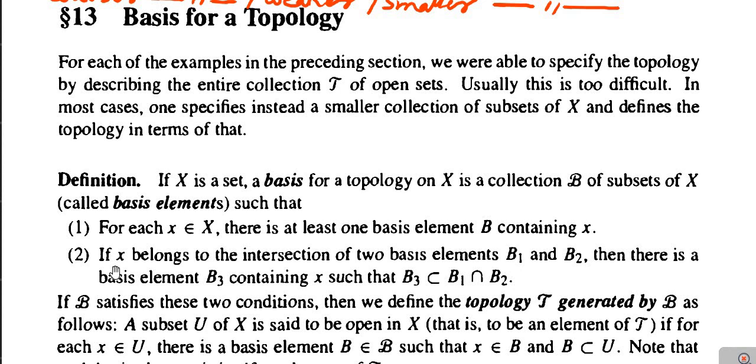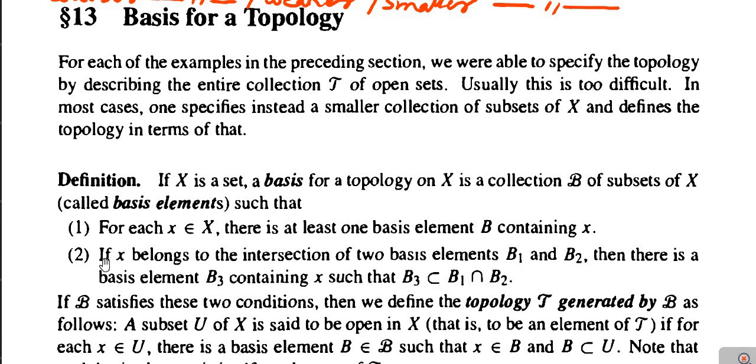And the second condition is that if x belongs to the intersection of two basis elements B1 and B2, then there is a basis element B3 containing x such that B3 is contained in B1 intersection B2. Meaning if x is common in two basis elements B1 and B2, then there must be a member B3 which contains x and is contained in B1 intersection B2.